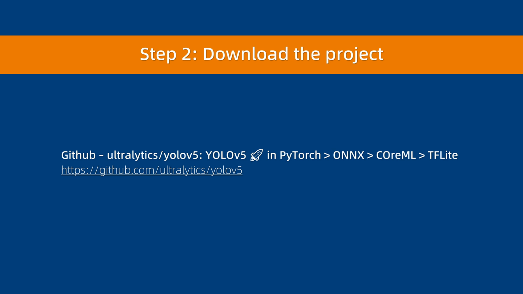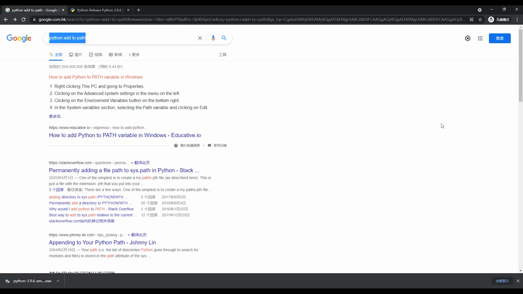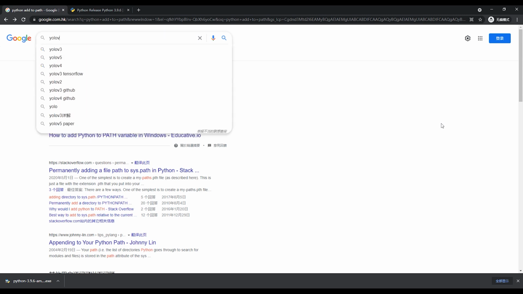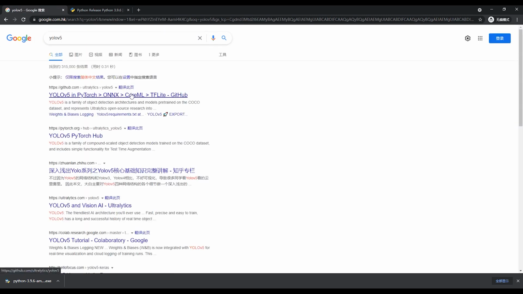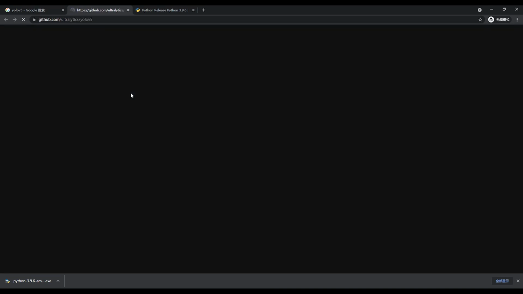Okay, so the next step is to download the project from GitHub. I used this open source one by Ultralytics. So what we have to do is like this. We go back to Google and we search YOLOv5. We click into this first link by Ultralytics on GitHub,